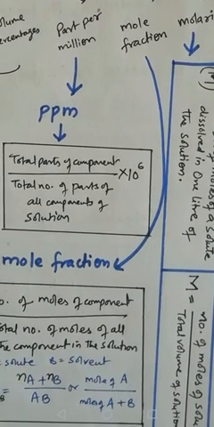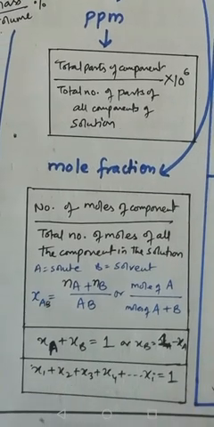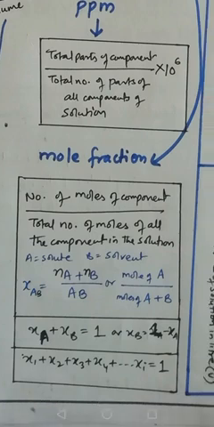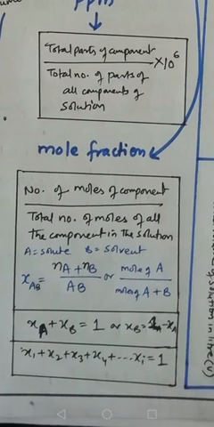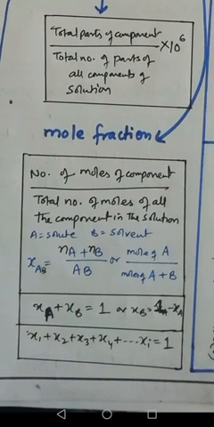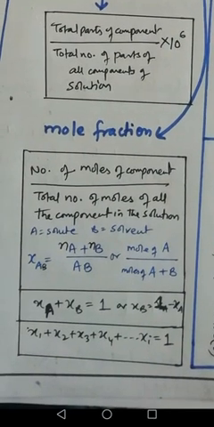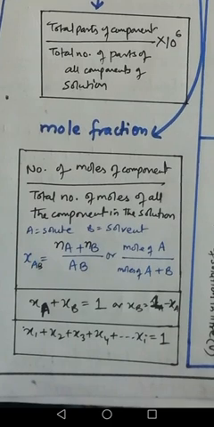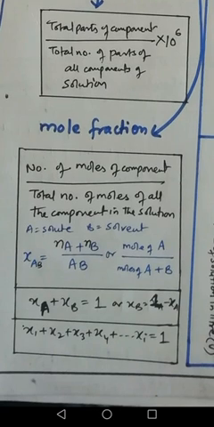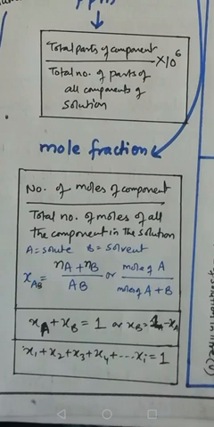Third is mole fraction. The word fraction, you know in mathematics, means the part. So it is number of moles of a component upon total number of moles of all the components in the solution. Suppose we write A is solute and B is solvent. If we need to find the mole fraction of solute only, Na only, we can write Xa is equal to Na upon Na plus Nb, or Xb if we are finding the solvent, so we will write Nb upon Na plus Nb. Although I have written here the formula mole of A upon mole of A plus B, you will write Na upon Na plus Nb.